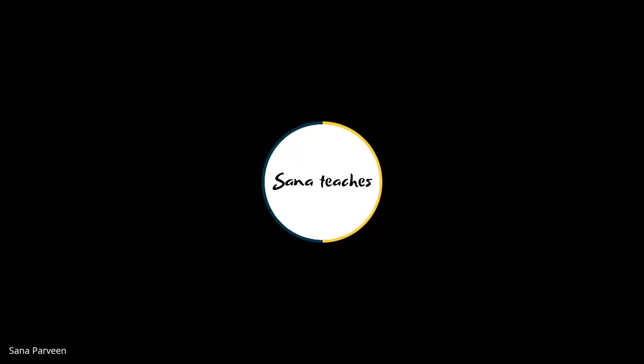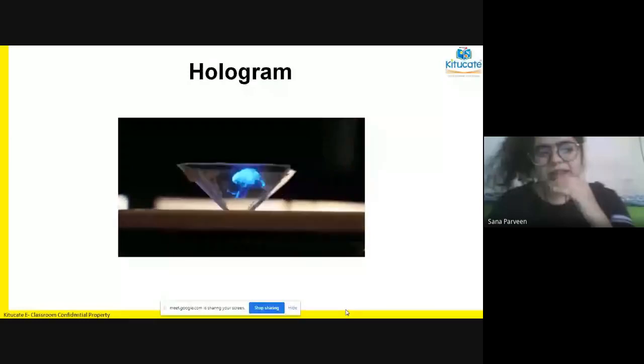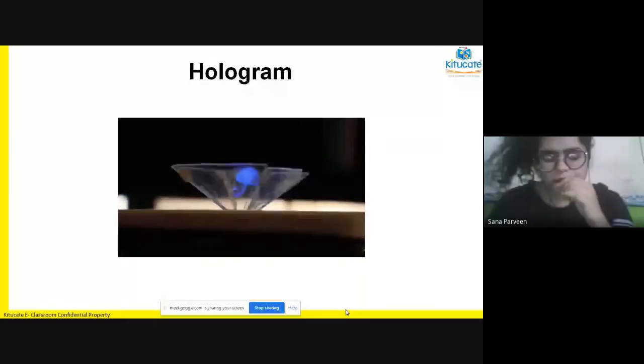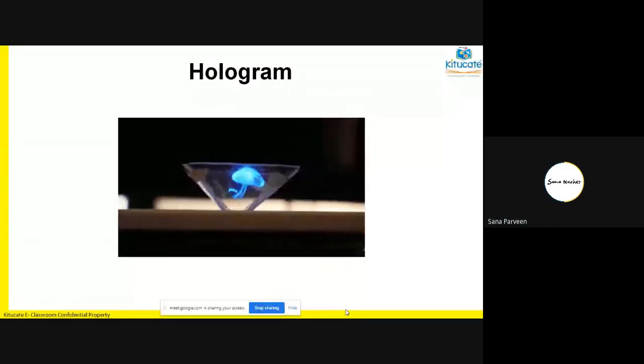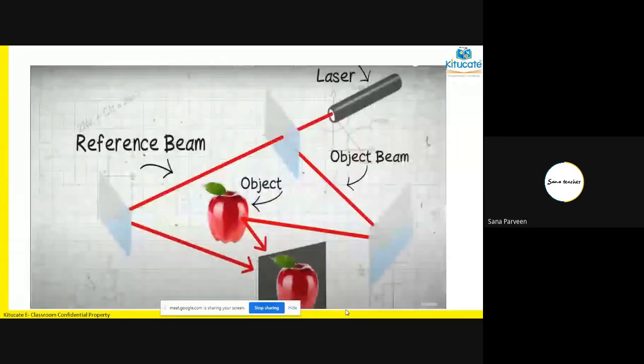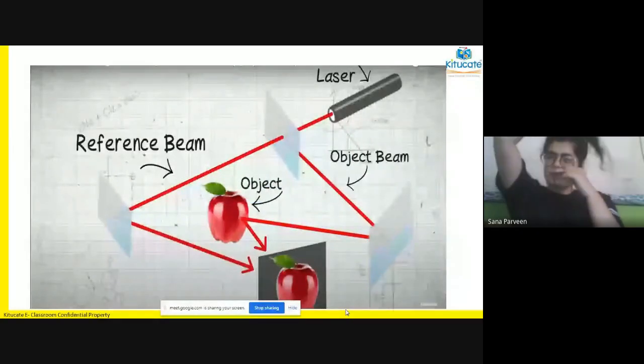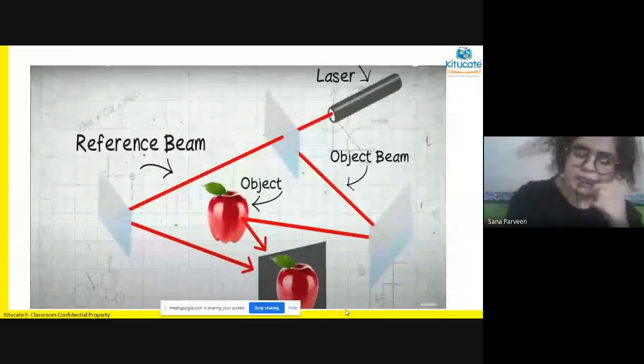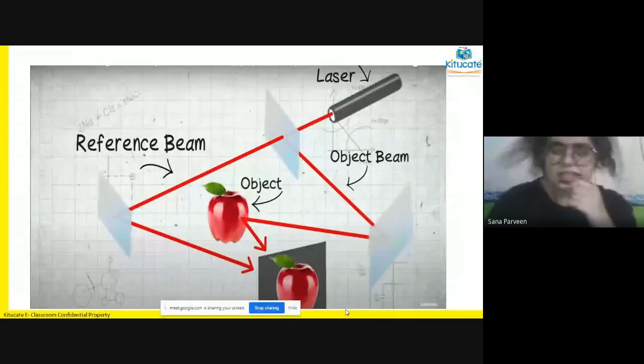So hologram, someone was asking about it yesterday: how is a hologram produced? It is again about playing with light. If you are done viewing the hologram here, let us try to understand the phenomenon behind it. How many surfaces can you see here? One or more than one? Definitely more than one surface. So let us try to understand how holograms are produced. Now, in this diagram, for hologram formation you need a laser from which light is coming.